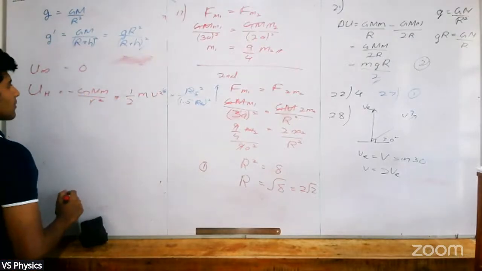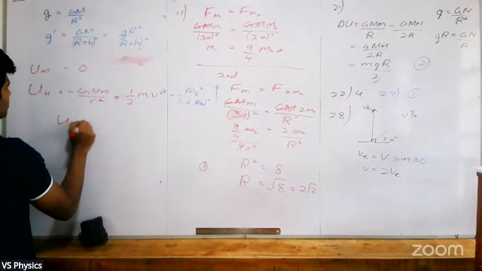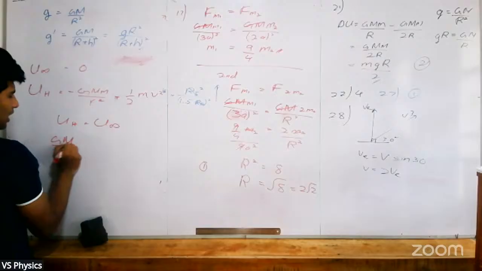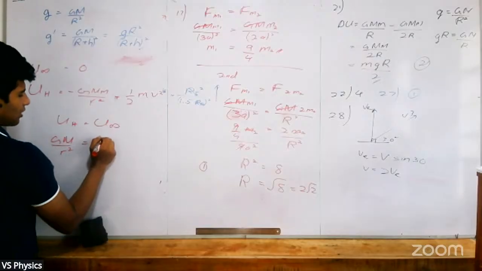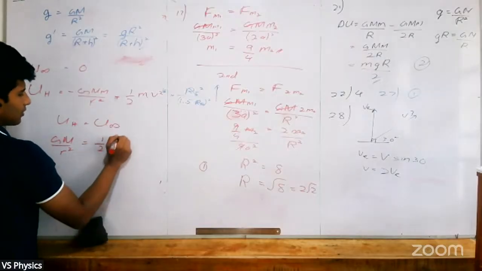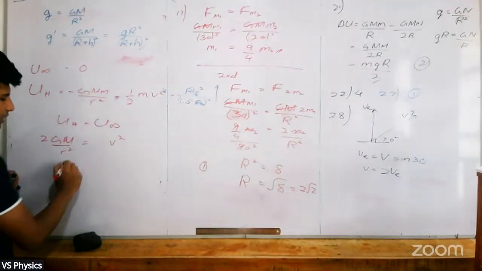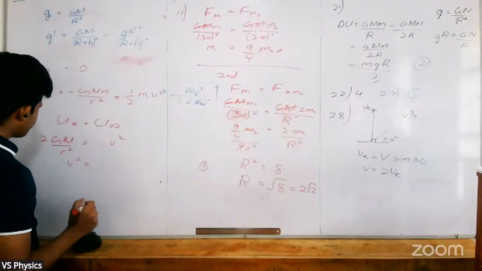So, energy is equal to U infinity. Then directly we get GM over r squared is equal to half v squared. I removed the half and put 2 here. V squared is equal to